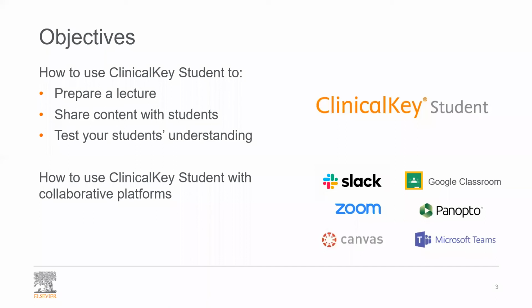So we've put this webinar together today as we wanted to present some ideas we think could be helpful when you are looking to teach, engage and support your students remotely. By the end of this webinar, you will understand a few ways you can use ClinicalKey Student to support remote